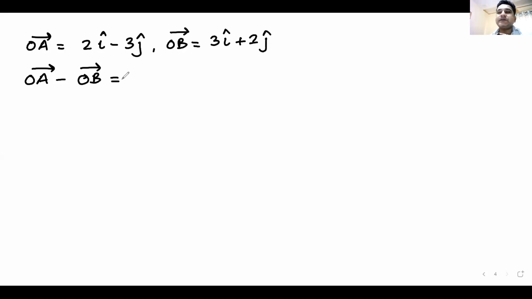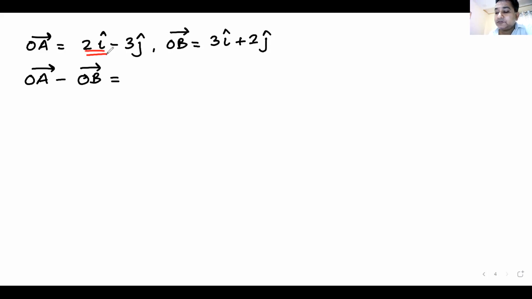I'm waiting for your answers. OA vector minus OB vector. You have no knowledge about how to subtract vectors. I already have 300 messages coming up. Answer is minus i minus j. I'm getting some answers. Minus i. Santosh says, I don't think minus i is the answer, beta. Someone says minus i minus 5j, which I think is the correct answer. How to do it? Just subtract as we were doing.